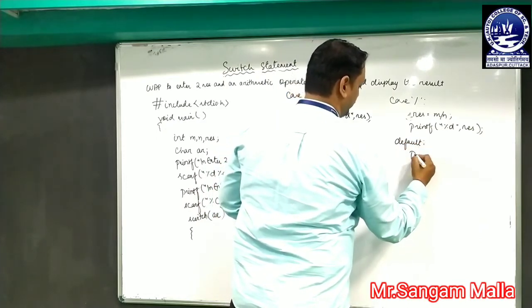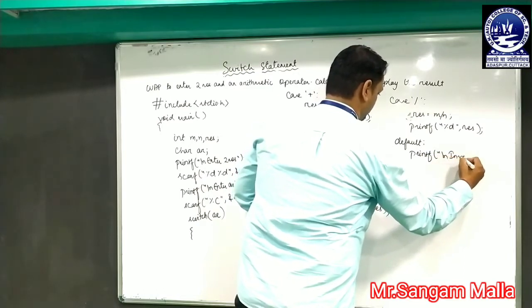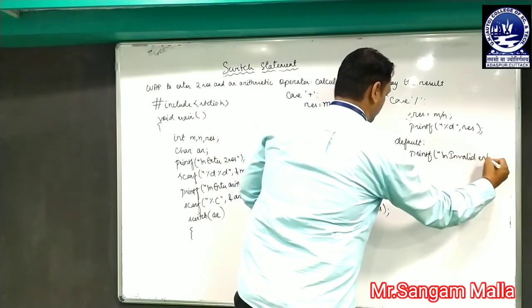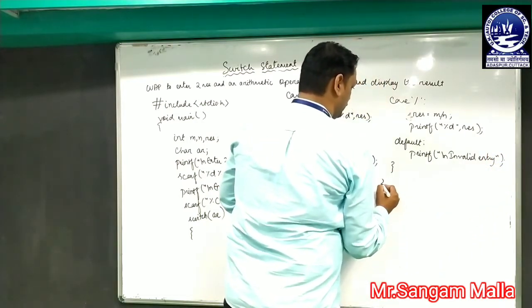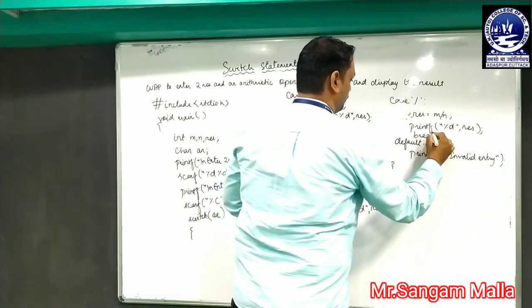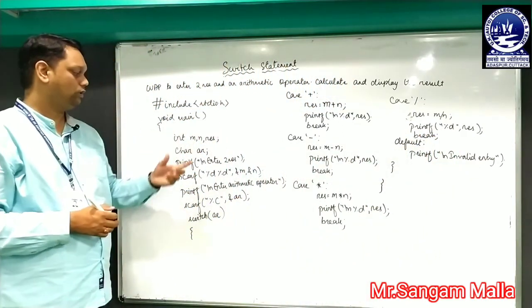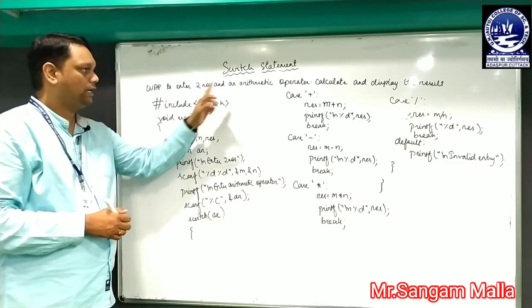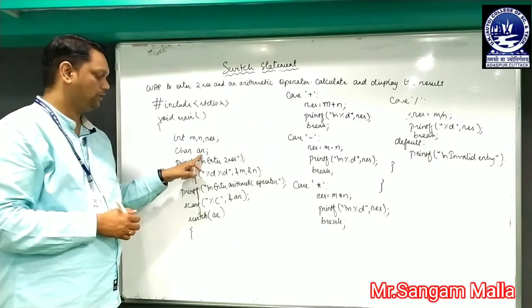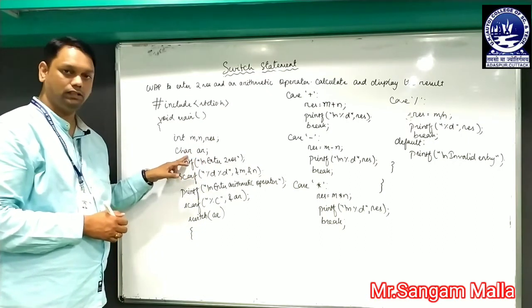Finally if any of the condition will return false, then it will come to default. So let us say it will print invalid, then the switch will get over here. So here we have break statement over here. So you can see that we have to enter two numbers. So I have taken two variables m and n to enter two numbers and an arithmetic operator. So I have taken AR under the character because the arithmetic operator will be considered as a character.